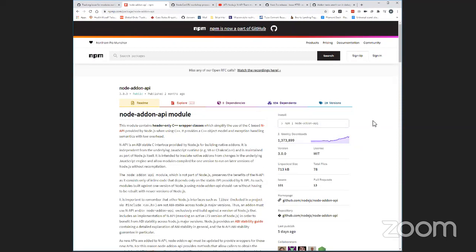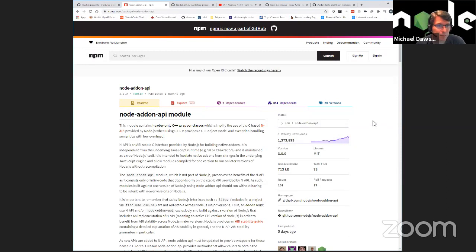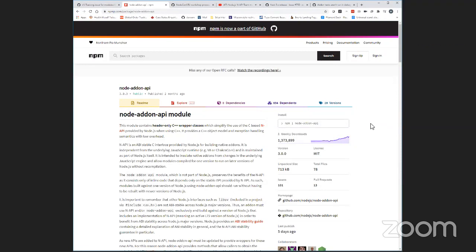An increment or decrement in downloads for this native add-on could have an impact.